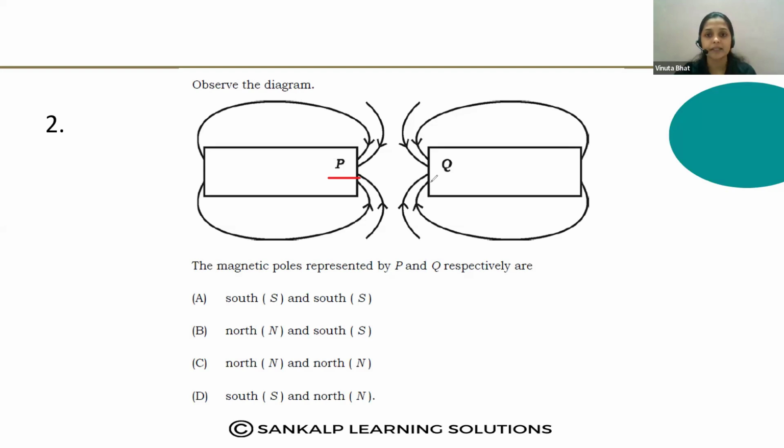Just observe the magnetic field lines and their direction. Here both are S. Why S? Both are S because the magnetic field lines always extend from